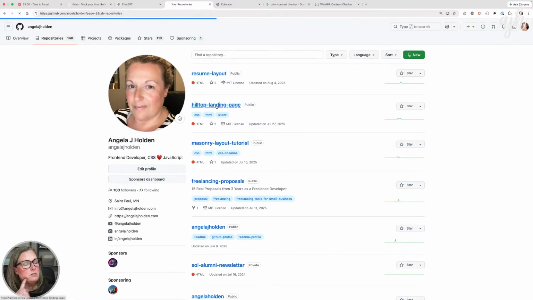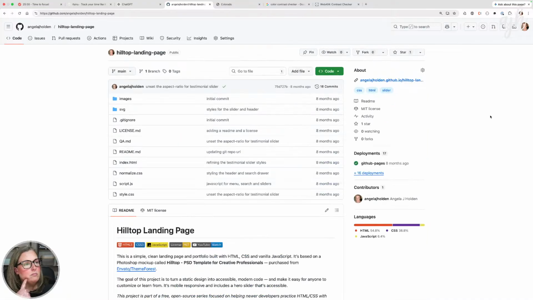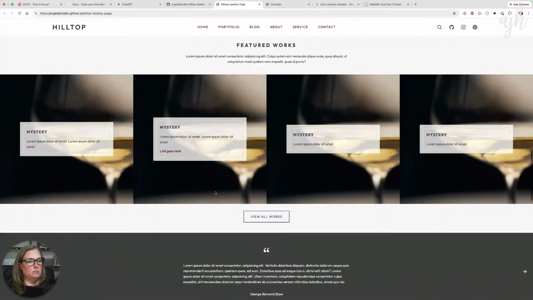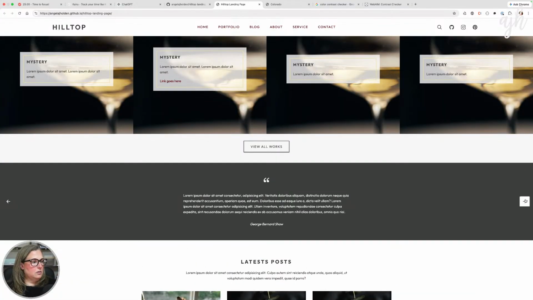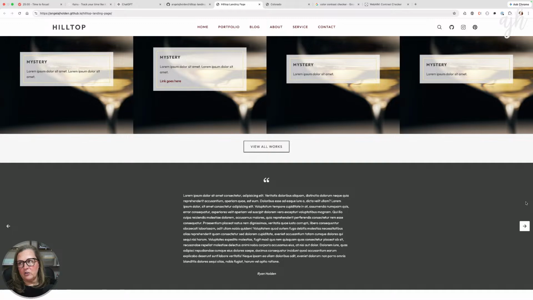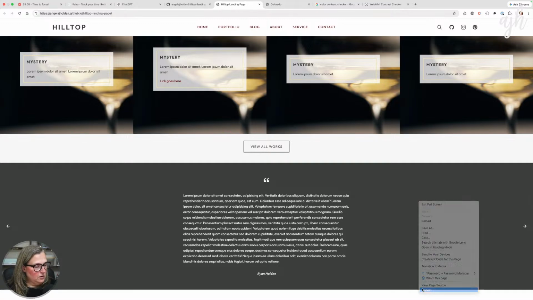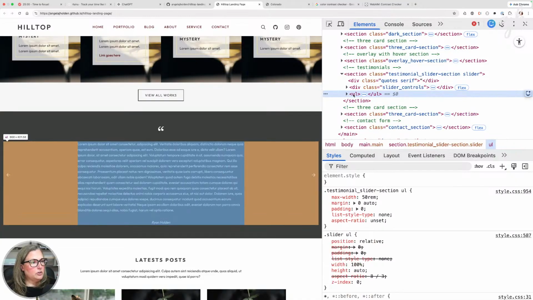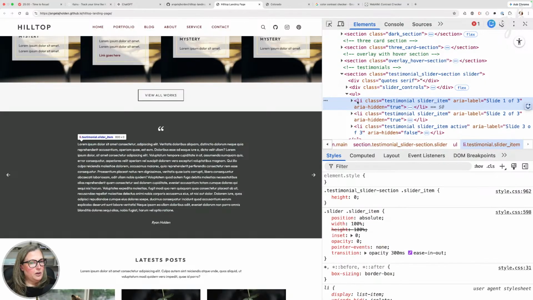Was it this? Yes, it was this. I feel like this project was a million years ago. Okay. So here's the unordered list. Here are the list items that are position absolute. Okay, so they have a width and a height of 100%.